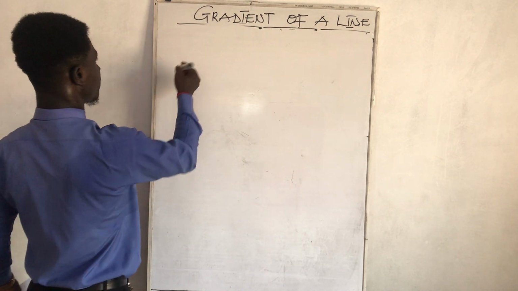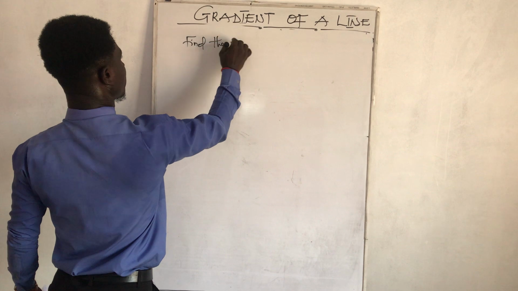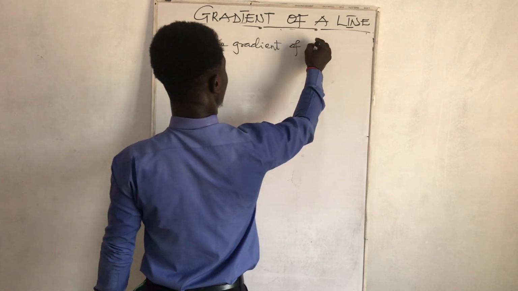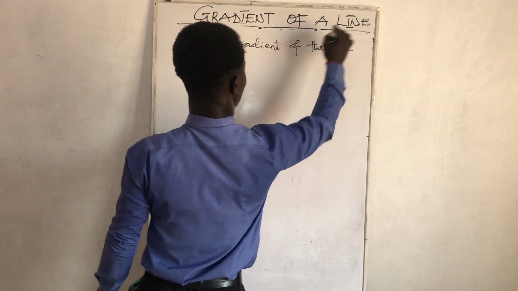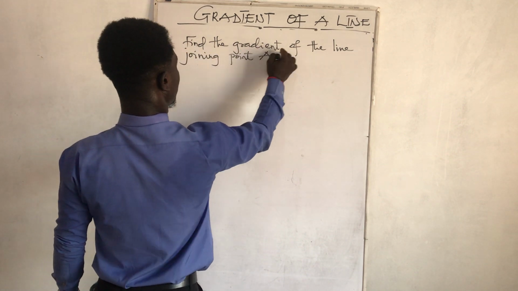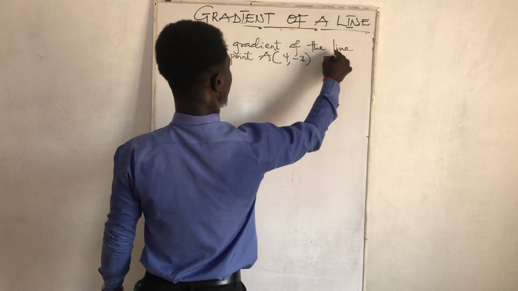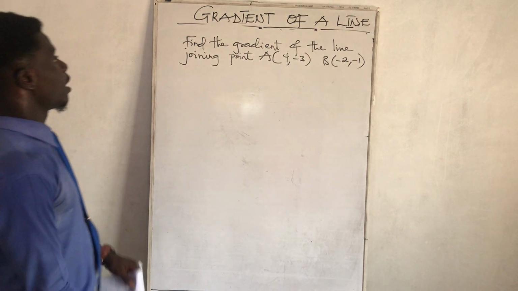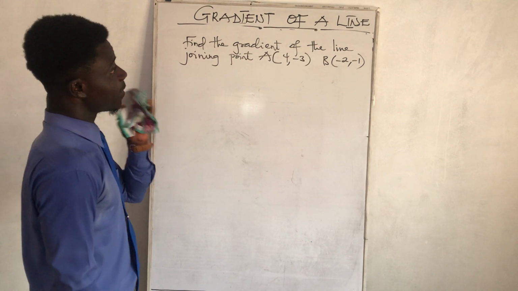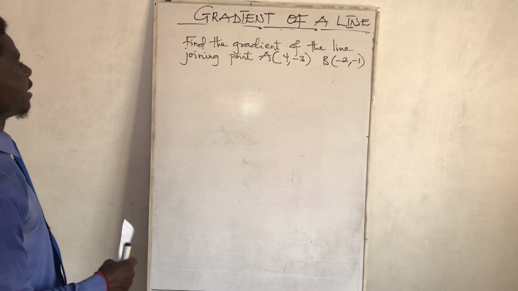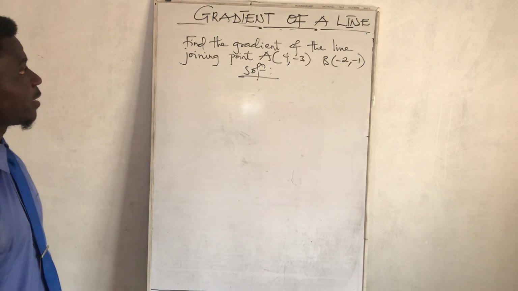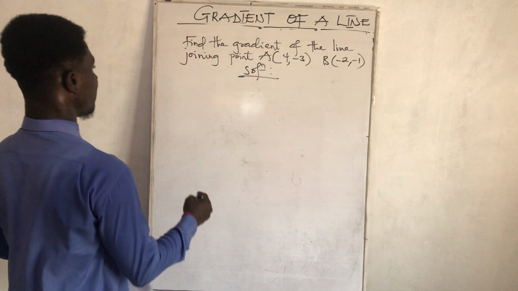So now let's see. Find the gradient of the line joining points A(4, -3) and B(-2, -1). How do you find the gradient here? Now, solution. Let's see how we can find the gradient. If you want to find the gradient of a line joining 2 points, then